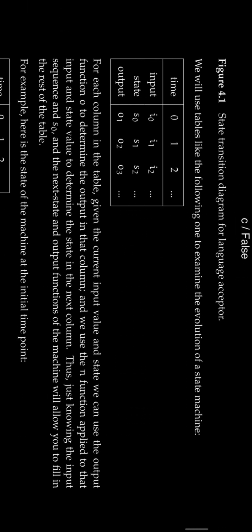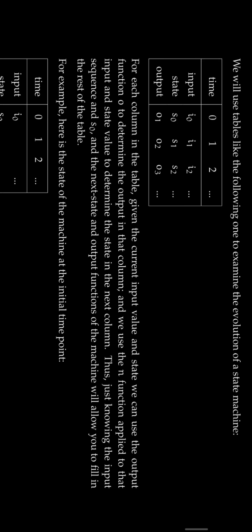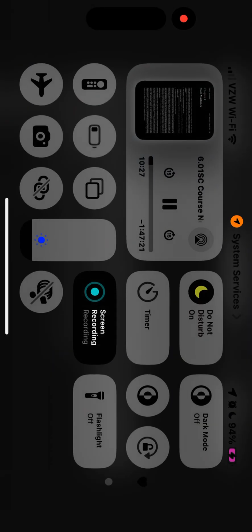We will use tables like the following one to examine the evolution of a state machine. Time 0, 1, 2, and so on. Input i0, i1, i2. State s0, s1, s2. Output o0, o1, o2. For each column in the table, given the current input value and state, we can use the output function to determine the output in that column. And we use the next state function applied to that input